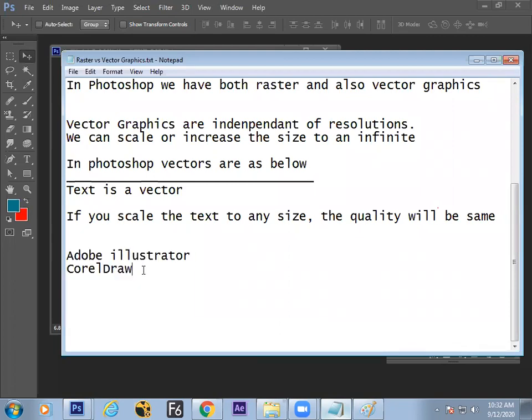So Adobe Illustrator and CorelDRAW use this kind of graphics. Means when you scale up the graphics in CorelDRAW or Illustrator, that will maintain the same quality. If you are designing for a small brochure, or for a big flex, you can use the same width and height. If you draw a small circle in one image and take it to a big image, it will have the same quality. They are resolution independent. What is resolution? The number of pixels in 1 inch, right?